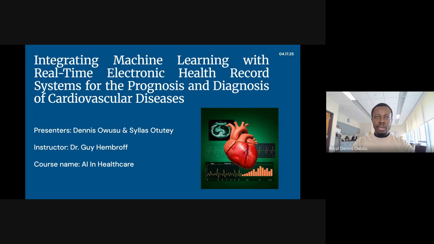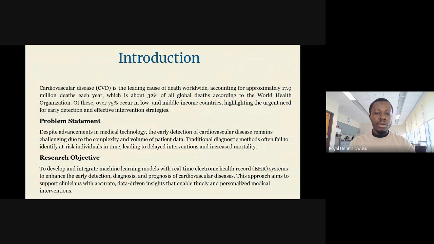Now, we are presenting our project on the topic: integrating machine learning with real-time electronic health record system for the prognosis and diagnosis of cardiovascular diseases. Cardiovascular disease is the leading cause of death, accounting for about 17.9 million annually. Of this, over 75% occur in low and middle income countries, highlighting the urgent need for early detection and